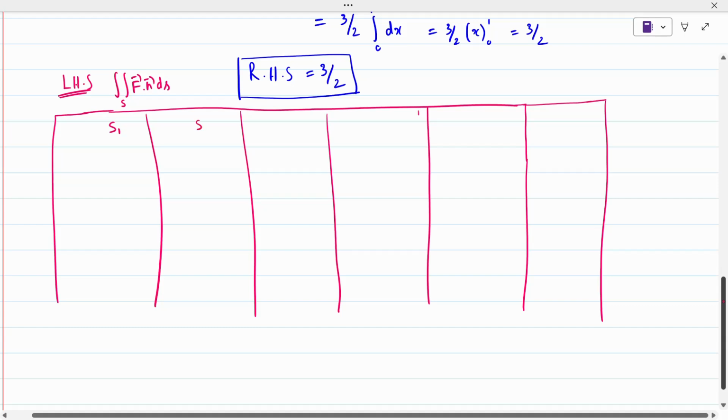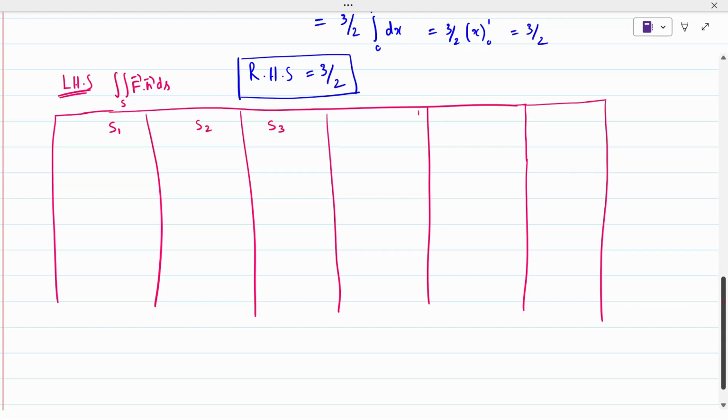S1, S2, S3, S4, S5, and S6. If you have confusion, draw the diagram here itself. Again, one more time you draw it so that it's easy. So it's nothing but this is central O, A, B, C, D, E, F,